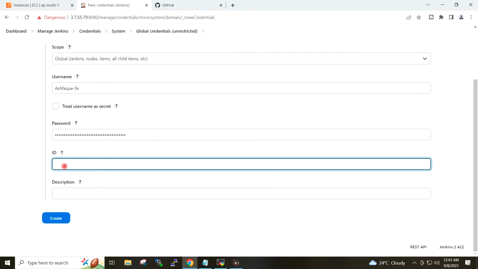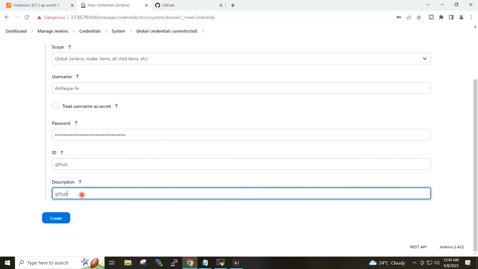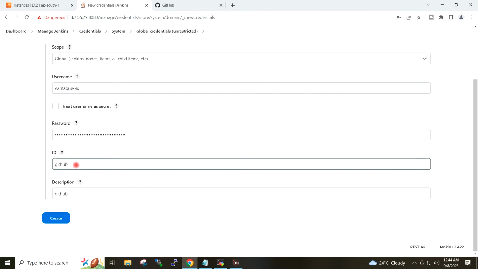ID I will give GitHub. Description I will give GitHub. We will recall this ID in the pipeline script. I will click on create.